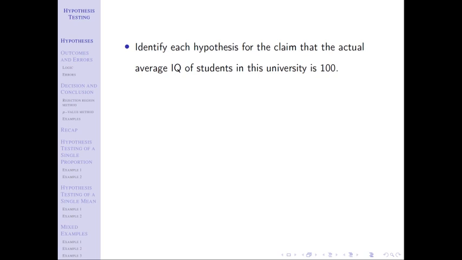Again, remember, we have three parts to it. You don't just say the null's not equal to 100. The alternative is not equal to 100 and the null is equal to 100. It's what is not equal to 100? What is equal to 100? So we can talk about it colloquially, but make sure when we write it down, we write down all three pieces. Okay, so here would be our hypotheses.